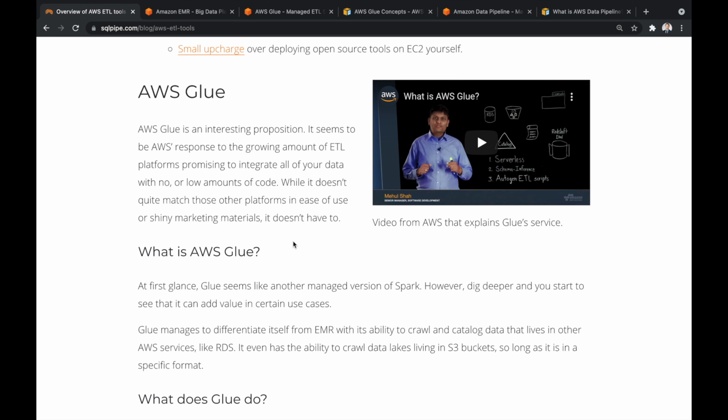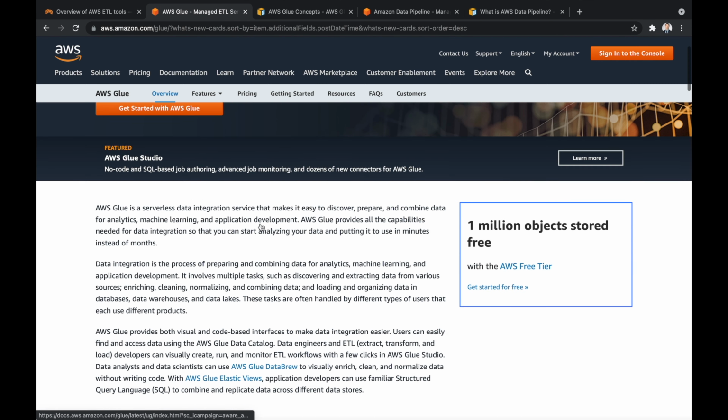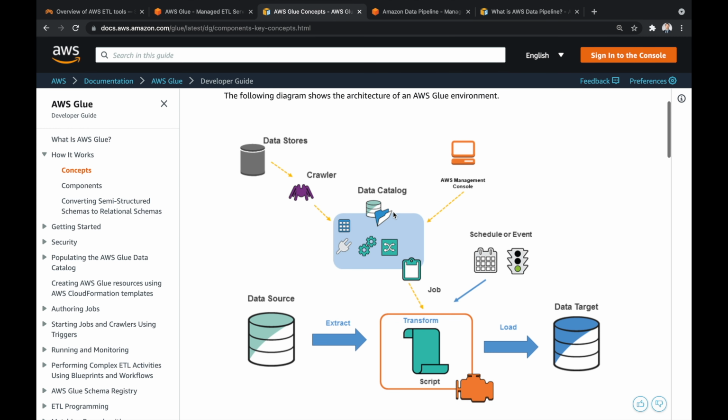And Glue will go in there and crawl the data. So Glue will crawl your data store and build a data catalog. So you don't have to know, or I won't say you don't have to know, but it will tell you exactly what's in your database so that you can go and ETL that data. So, in the AWS Management Console, you can see your data catalog, you can trigger crawls, you can also trigger